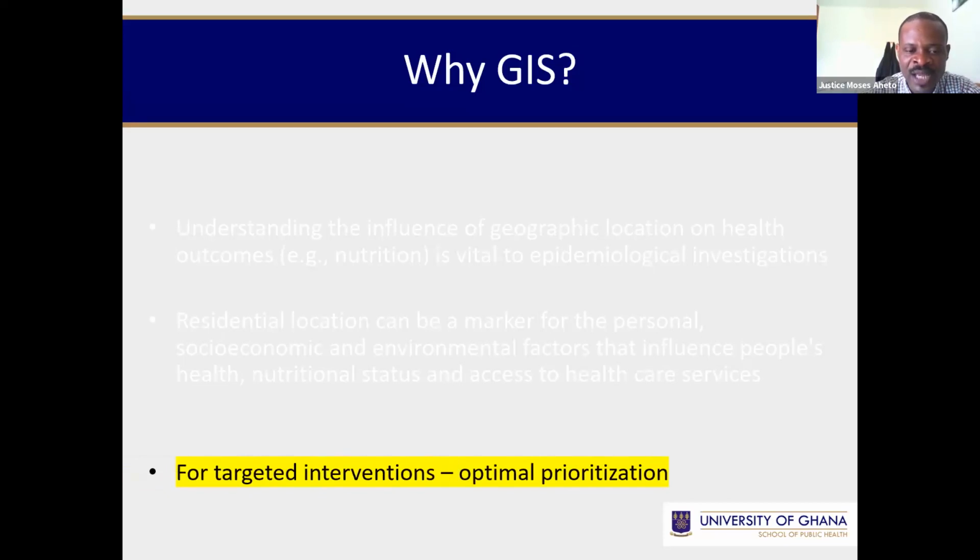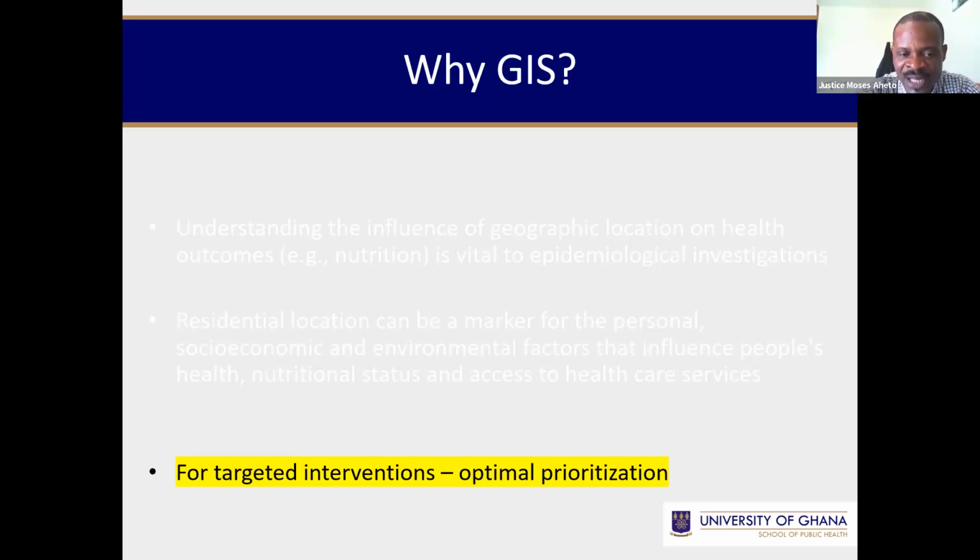So the bottom line is that in our part of the world, especially in Africa, the public health resources available to us to quickly respond to our health needs are very, very limited. So what it means is that to be able to make an optimal decision in terms of where to target and to make a maximum impact with the little resource that you have, you have to be guided. And then to be guided, you need what we call localized